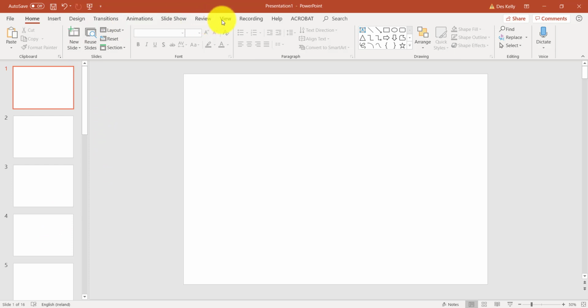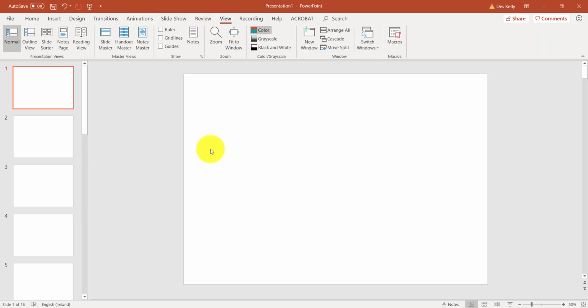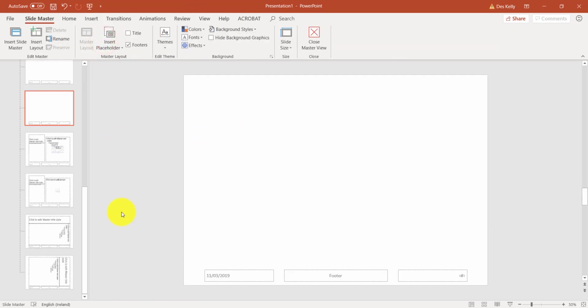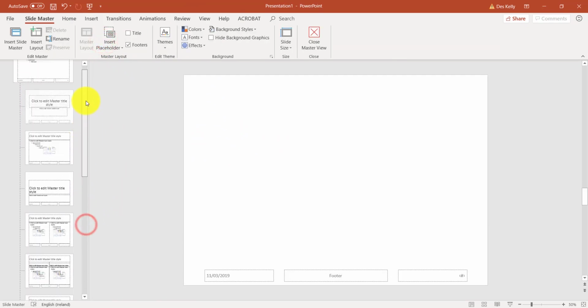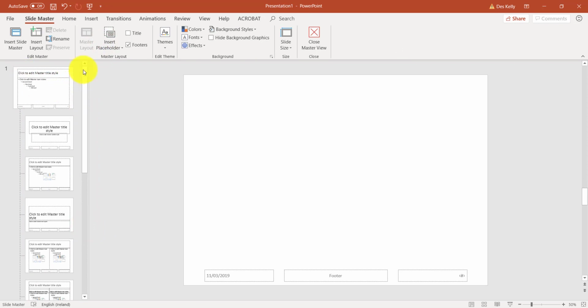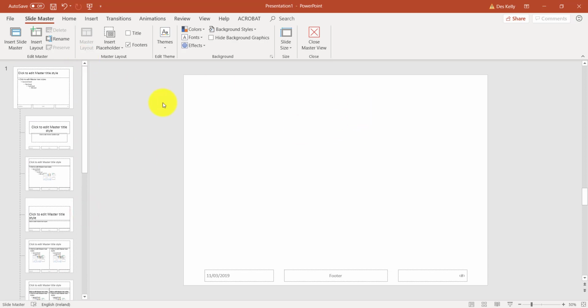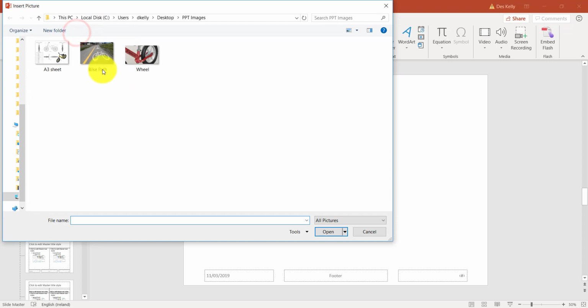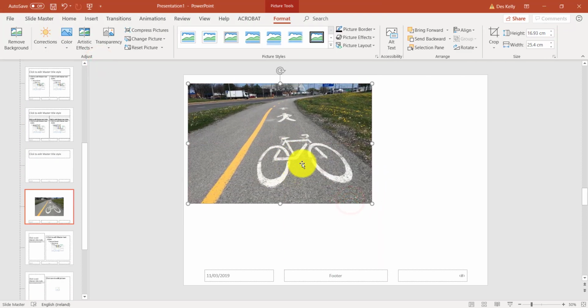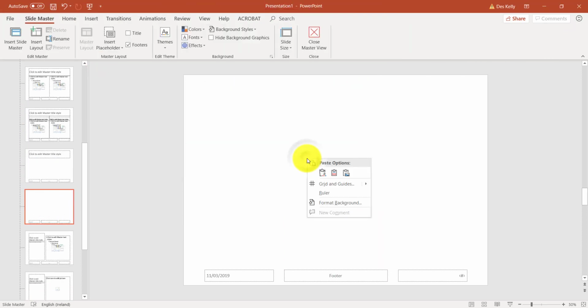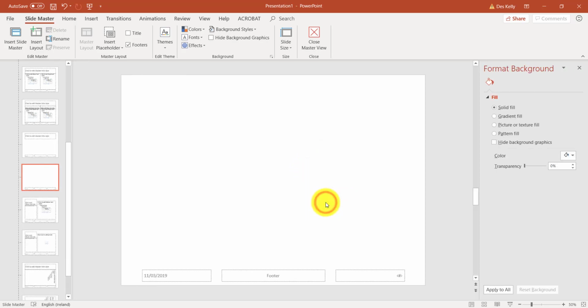So if we go up here to View, and if we go to, sorry, it's not View, it is, yeah, View. So View, Slide Master, you can see over here there's the different types of slide. There's the heading slide, there's probably a blank slide there as well. So whichever slide we have, just leave the one that's open there, you can make a modification to it. So in this slide master, I can go to Insert Pictures, and I can bring in that image, and I can make a gradient. Or what I'll do this time is I'll right click, I will Format Background,